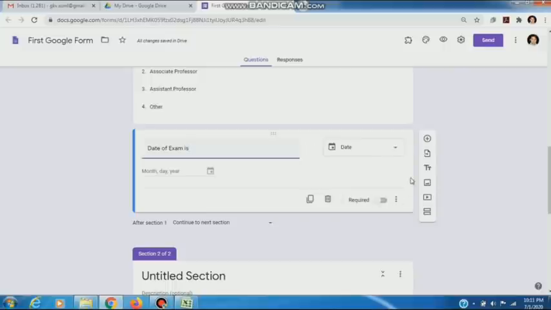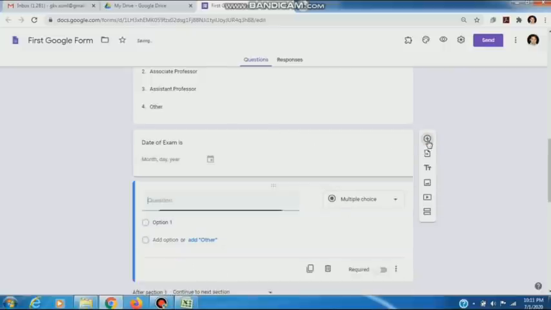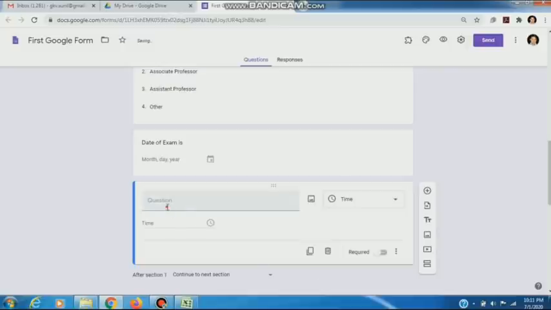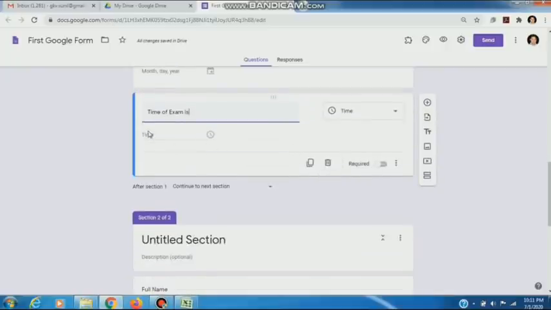Now if you want to add a time, we once again select a next question and choose time from here. Time of exam is whatever. We can choose from the clock and add AM or PM.